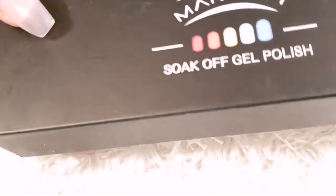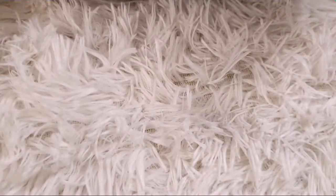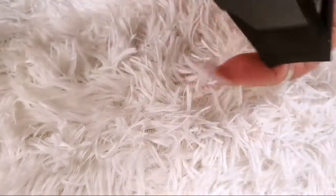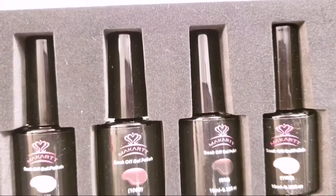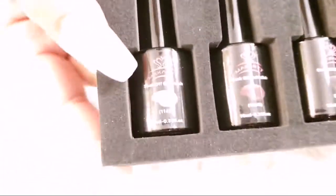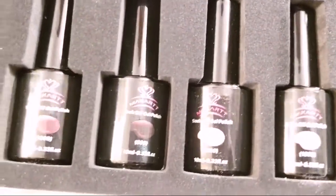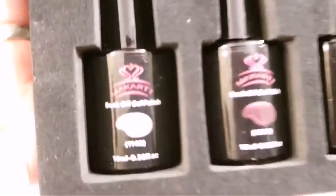The cover doesn't show what the polishes look like, and that's why I saved this one for last, so I could show you what it looks like on the inside of each one of the packages. Look the exact same way. So it comes in this little sleeve like this. And I decided to just keep them in this container because I think that keeps them safe. And I just think, for the price that I paid for these,